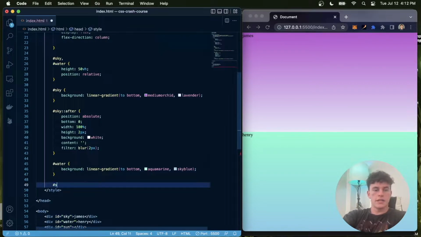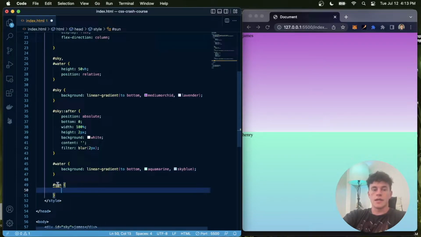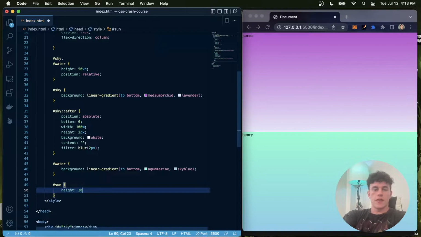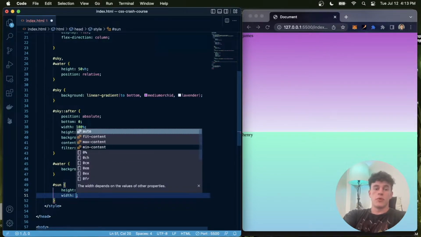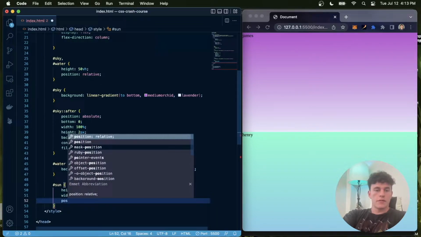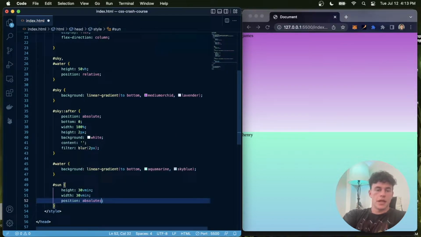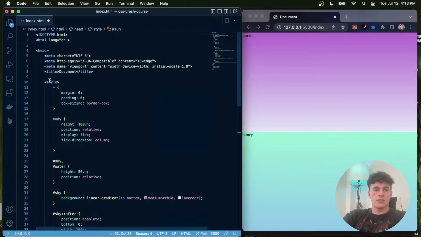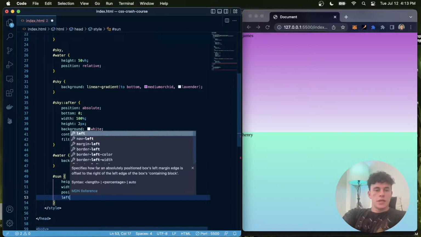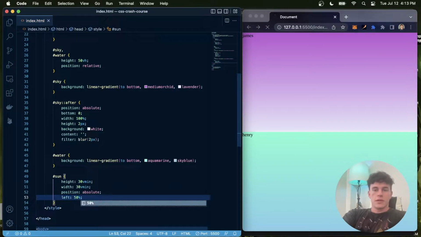Now the next one we can select is the sun, once again using that ID selector. And for the sun, we're going to set a height and a width of 30 vmin. So that's going to be 30% of the minimum viewport, and we're going to do the same for the width so that it's consistent. We're also going to give this a position of absolute, and since the nearest parent container is the body, that means that we can place it anywhere within that body element. So in this particular case, we're going to place it 50% from the left,